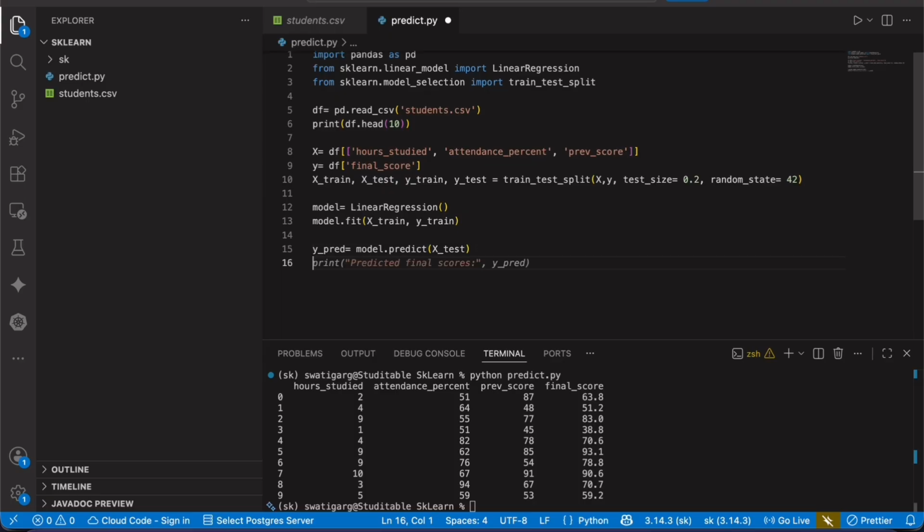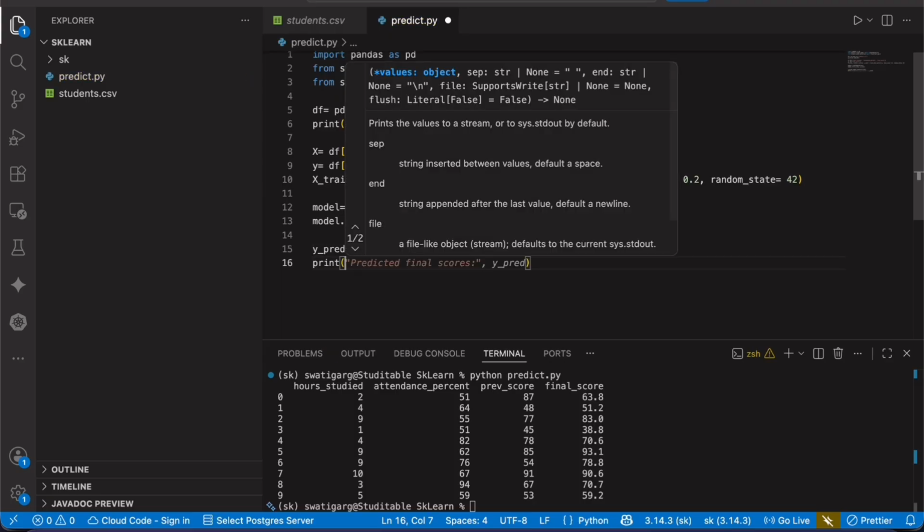Okay. So once this is predicted, we have to print here. What we have to print? Let me write that.